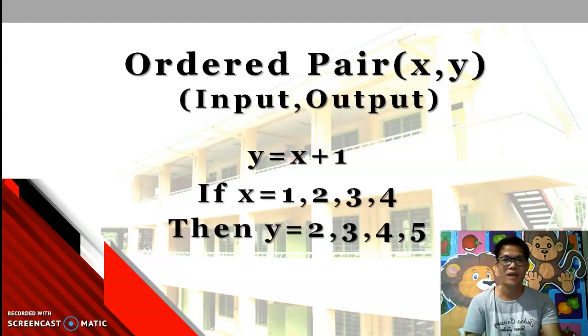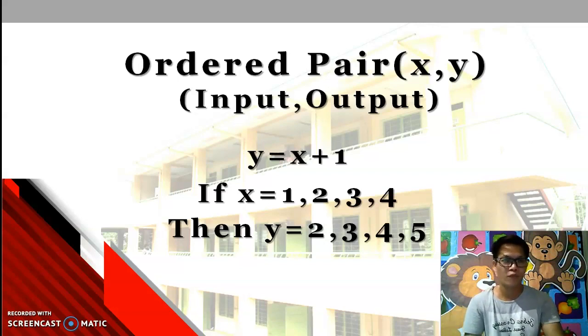the ordered pair. Ordered pair simply means these are the elements in x and y, or simply the abscissa and the ordinate in the Cartesian plane. It's simply the x and the y. So we can call x an input and y an output. Why? Because when we put in a value of x, the value of y depends on the value of x that